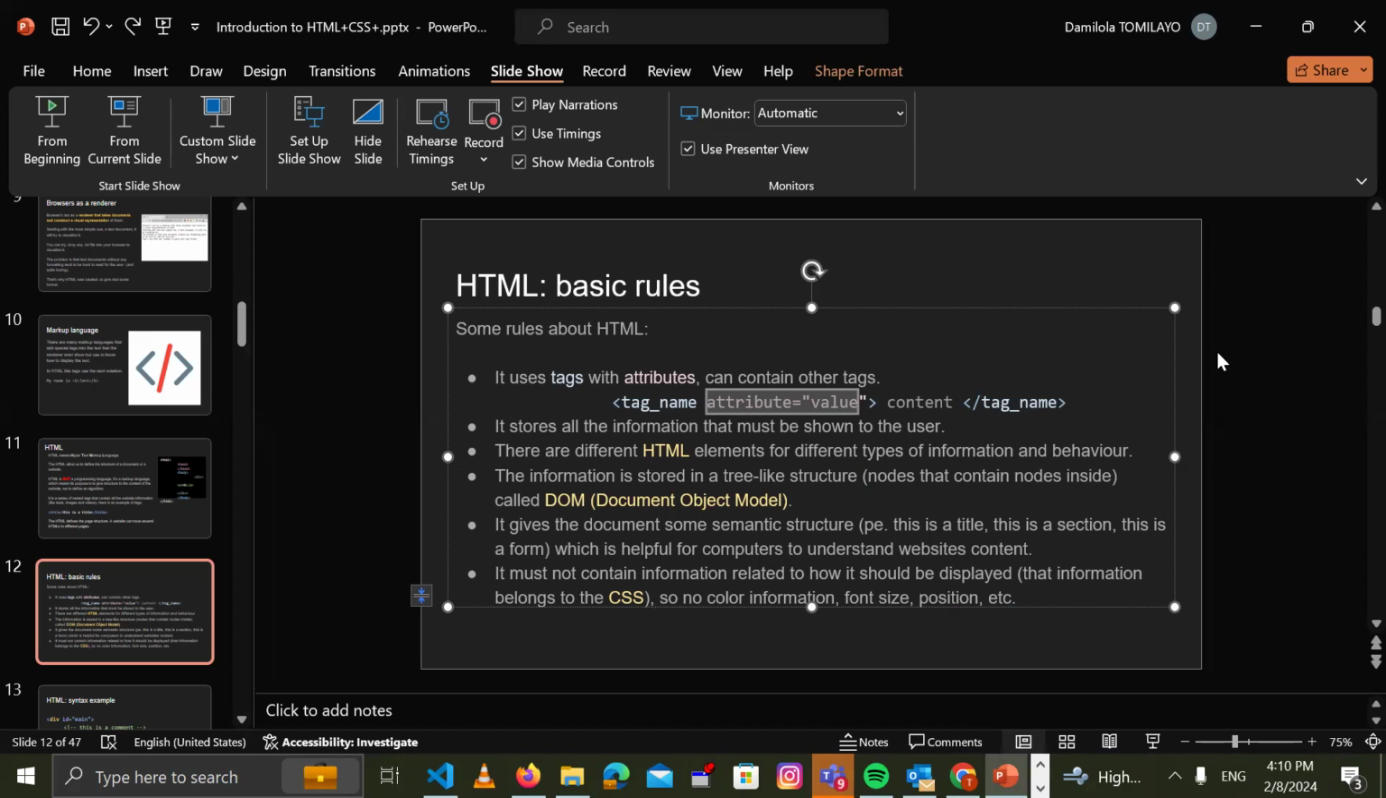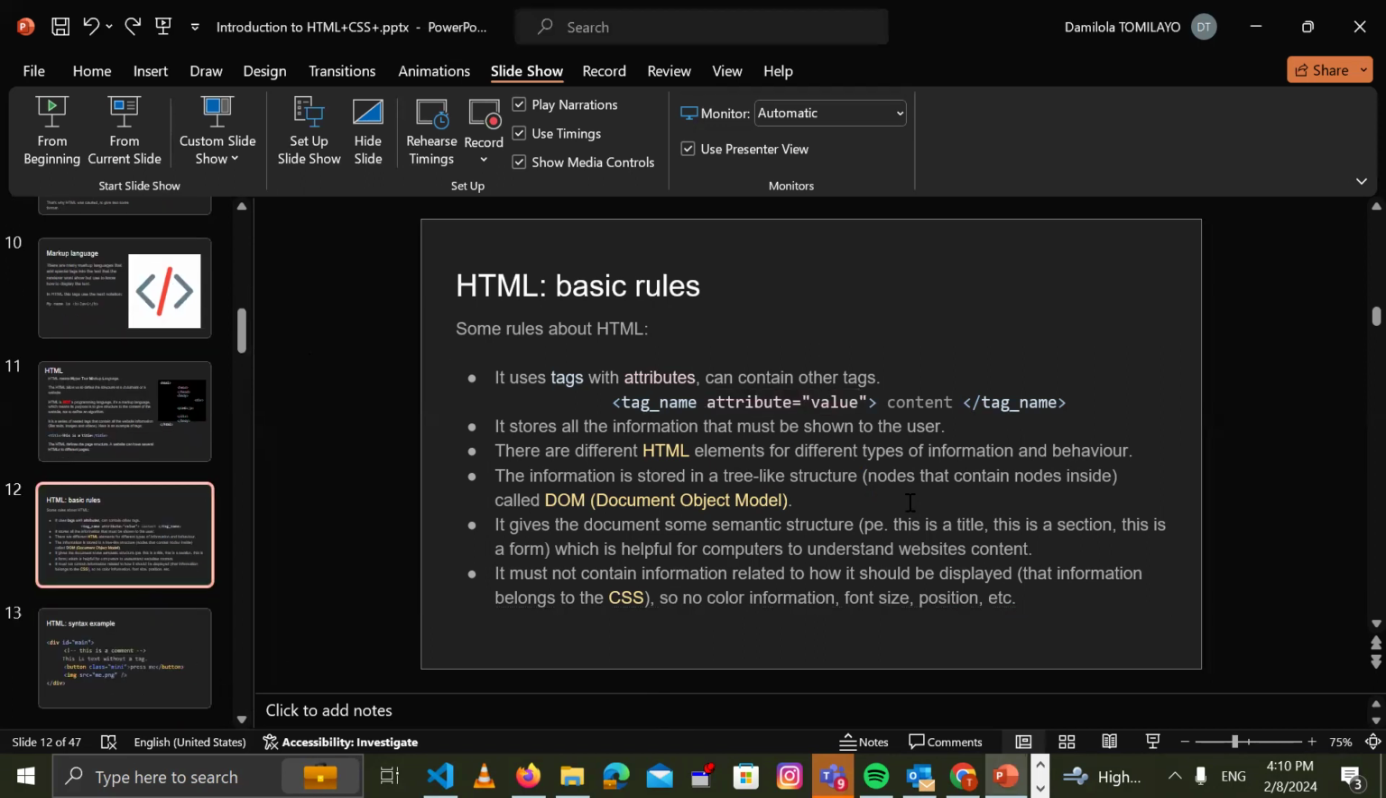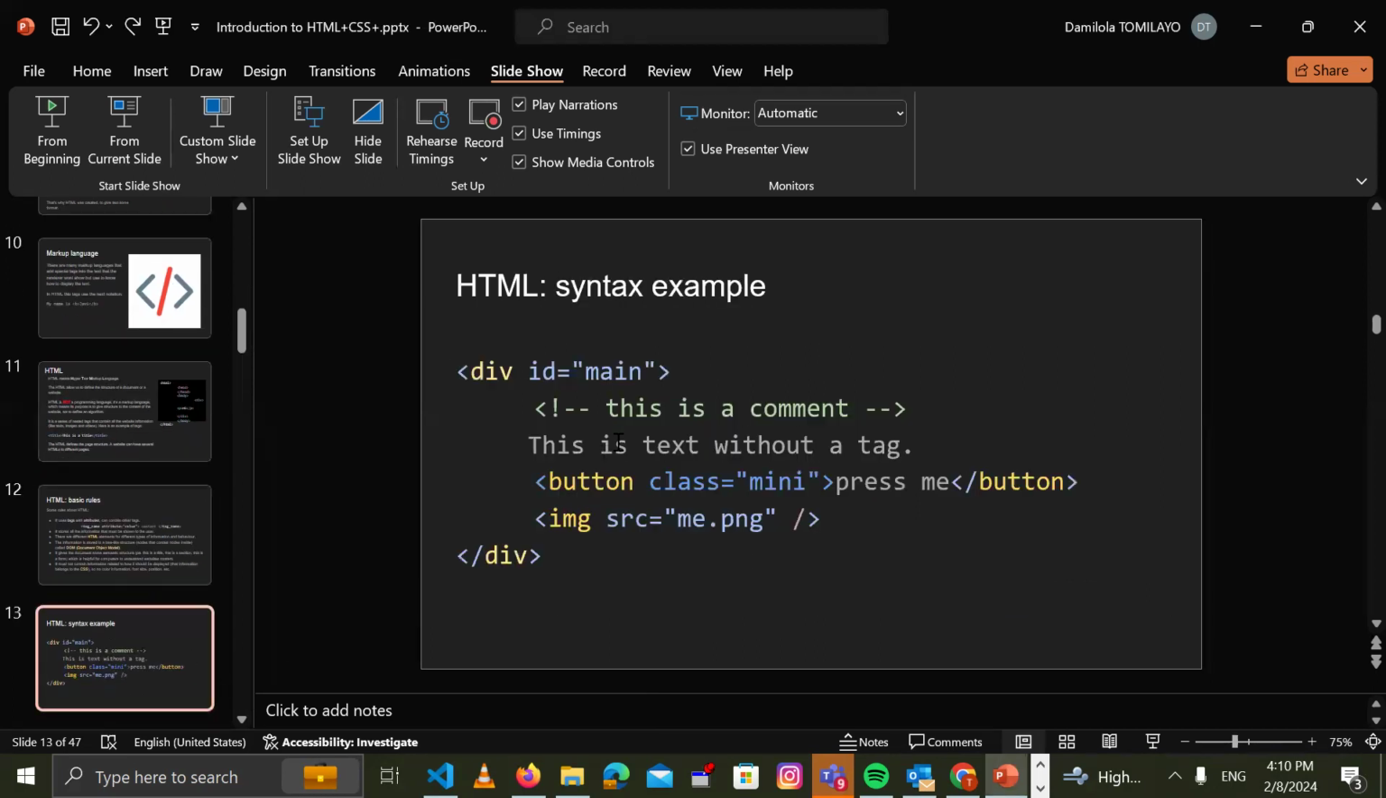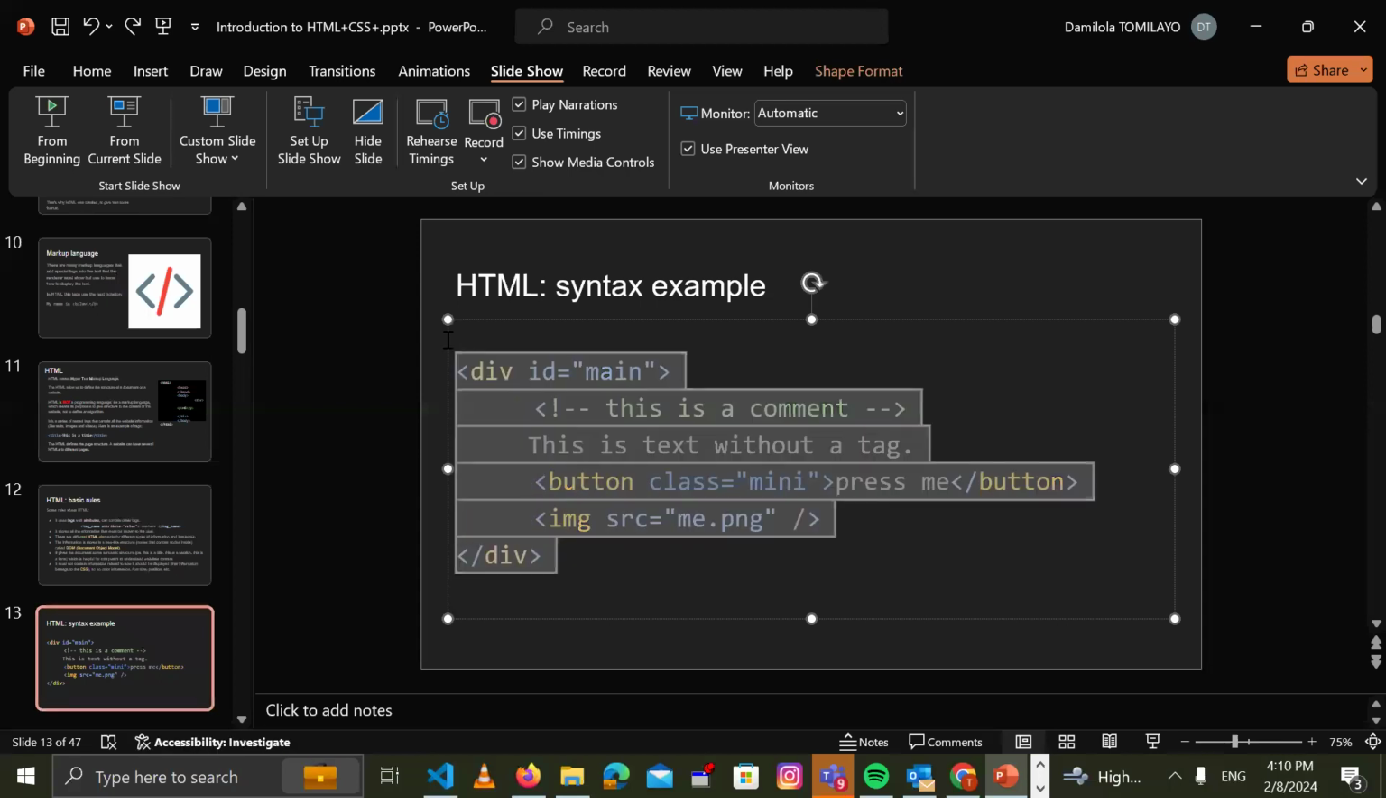You cannot say HTML should tell you this is the color of the text, or this is how the text should look. That's basically the job of CSS for styling purposes. So let's look at this example syntax. If I copy this,